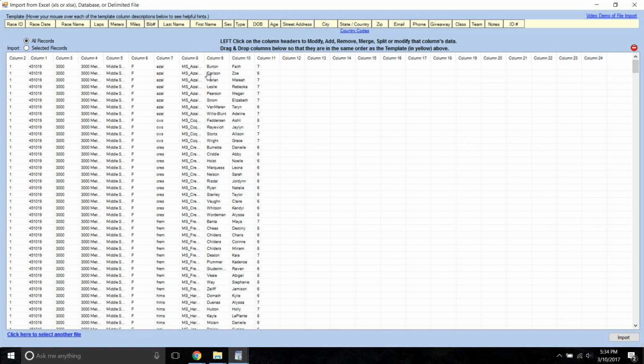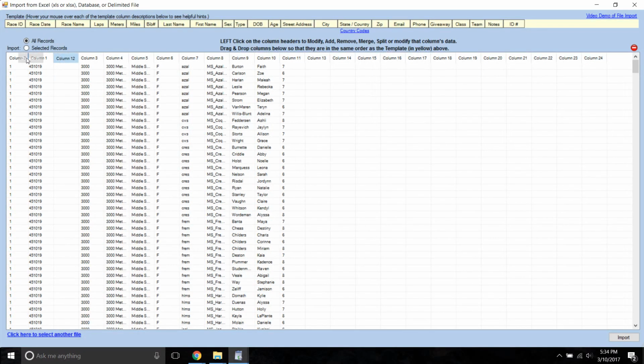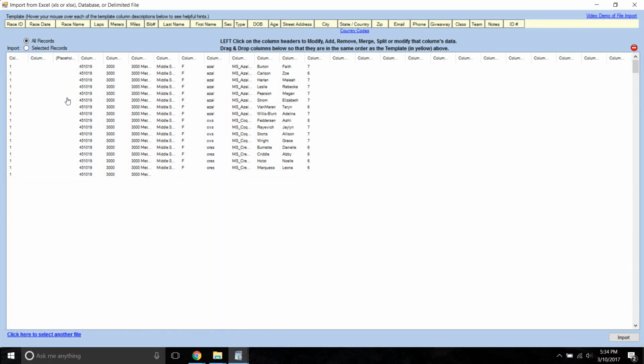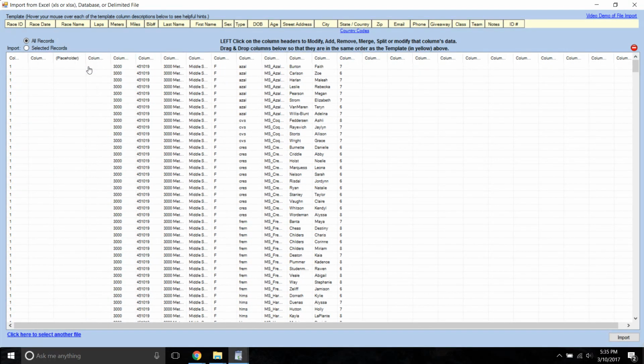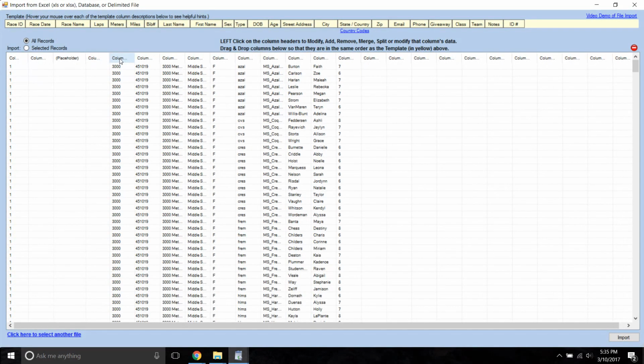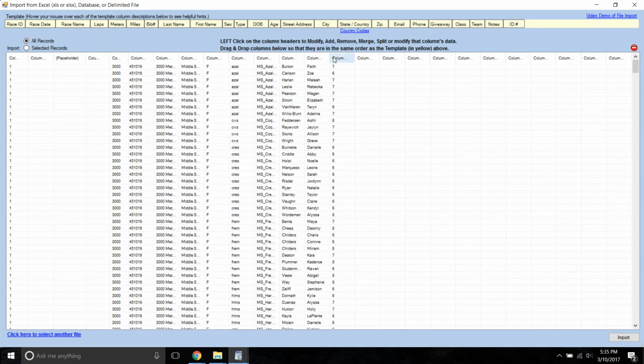What's nice with this interface is that I can drag blank columns, or click and do add column, and put blank columns in here. And of course, I put the laps. Actually, laps, there's 0 laps. Well, it's a 1 lap race, so there's no lap data. You put the meters, put your miles. You basically put blank columns where you don't have data, and then put these other columns where you do have